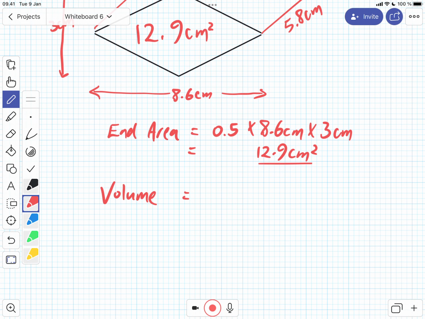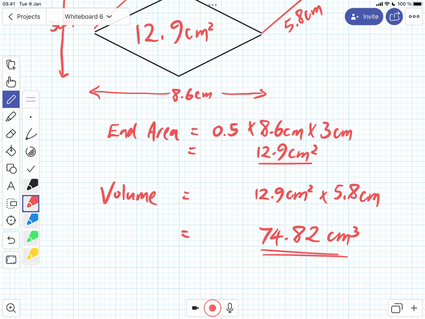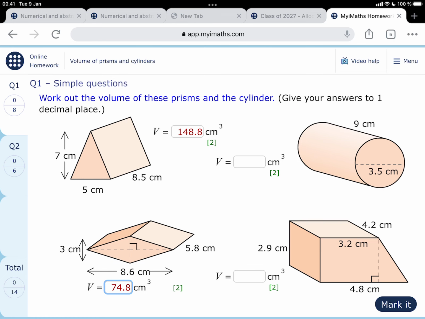Volume equals 12.9 centimeters squared times 5.8 centimeters. I'll just get onto Desmos for that. 74.82, and that's in centimeters cubed. And then when we put that into MyiMaths, we're going to have to round that to 74.8. So there it is,